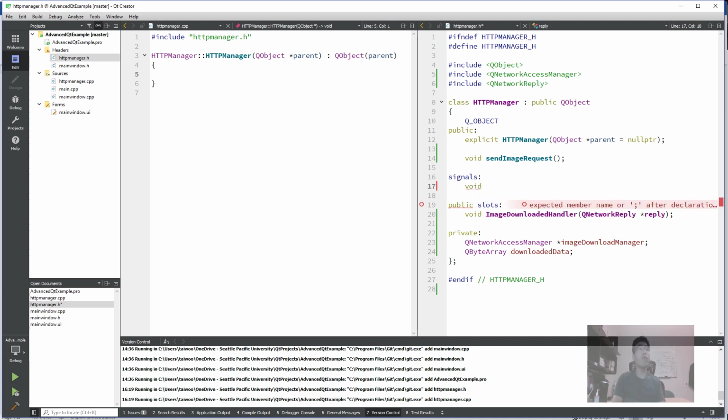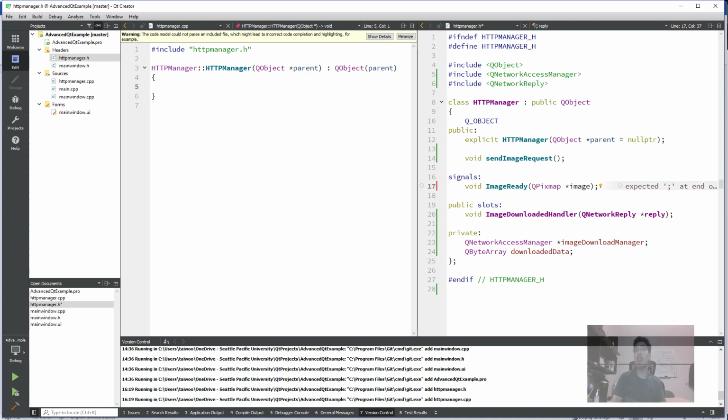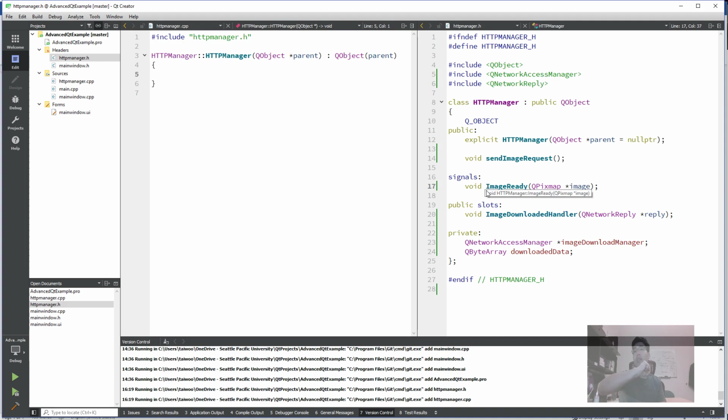So void is a function form. So image ready here, and a QImage is usually handled in Qt as a QPixmap, right? So we are going to prepare a QPixmap image as a signal, and then it's going to be automatically sent to the main window, and in the main window we will take this pixmap image data and have it displayed. So like this, in the signals you have image ready, QPixmap. In the public slots you have image downloaded handler and QNetworkReply, and private like this, and QByteArray like this. The slots section doesn't necessarily have to be public, so you may want to change this into private slots, right? So yeah, with this, I think we are all ready for the header files, and let's implement one by one,